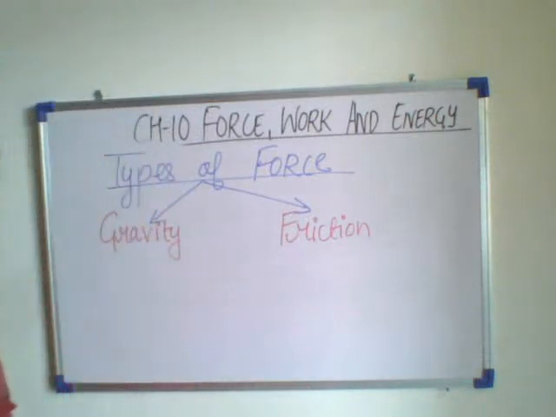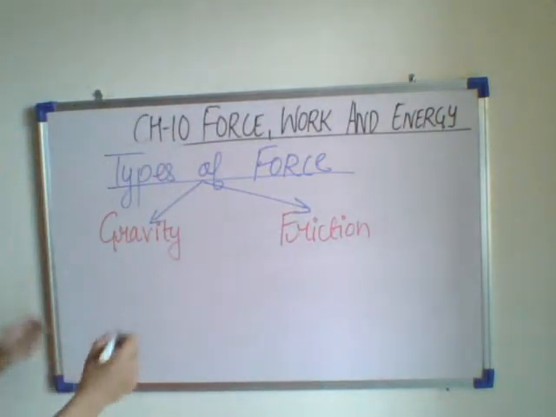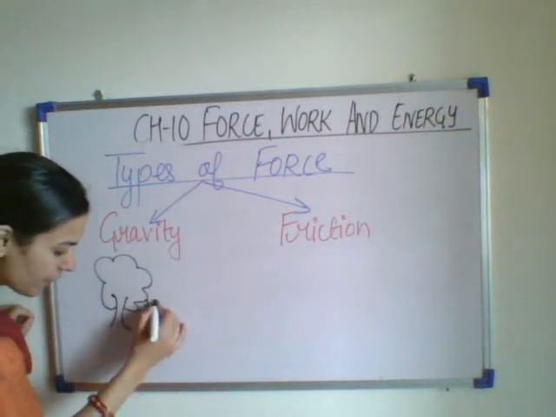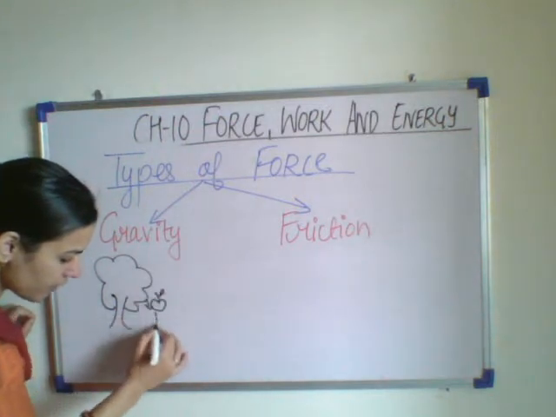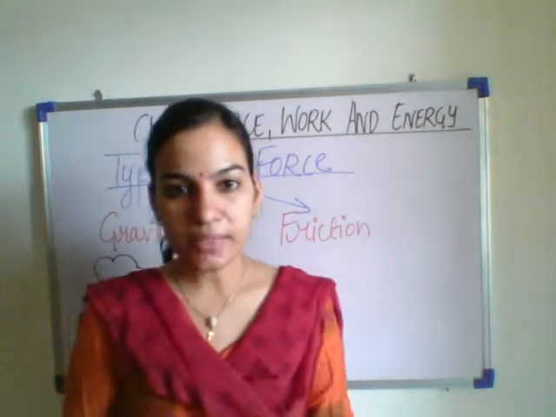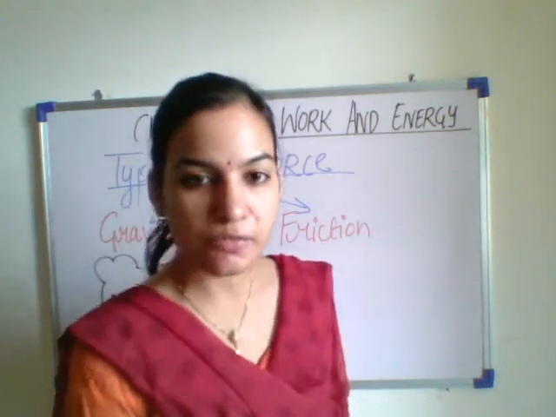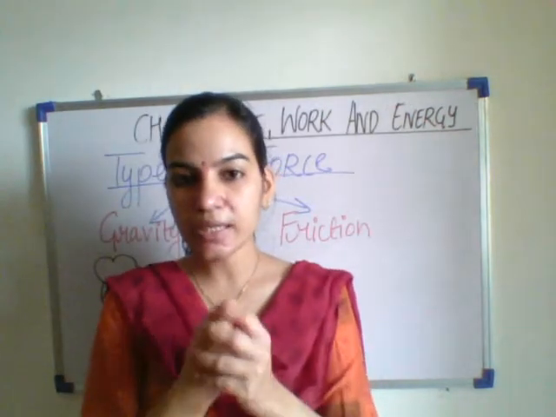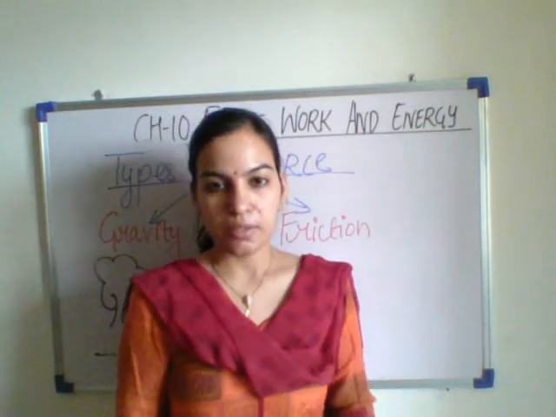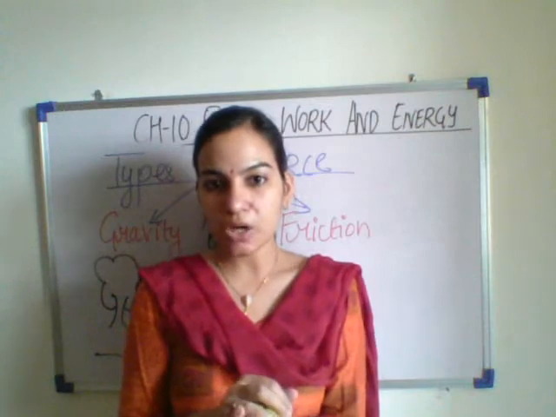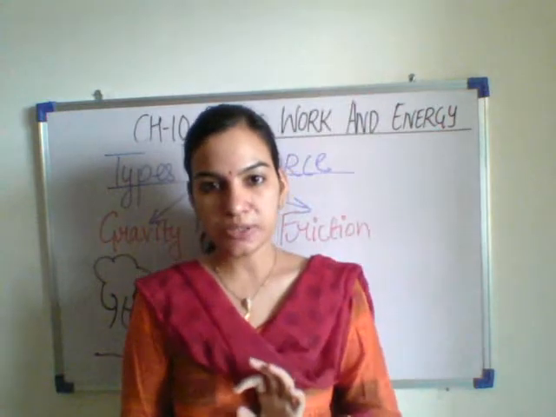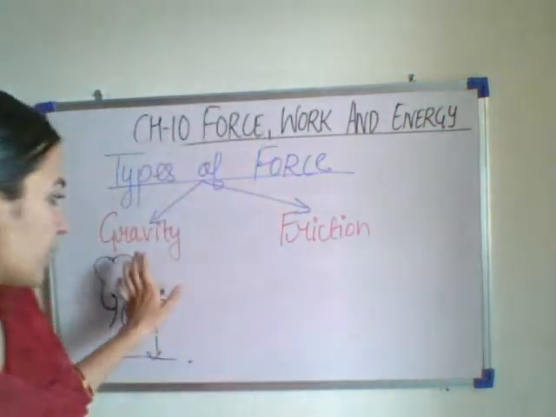Let us take a simple example to understand gravity. This is an apple tree, and what happens if an apple falls from the tree? It will come down. So all things come down. Why? Because there is a force which attracts everything in the downward direction. Similarly, this bowl, how much ever force I applied, it will come down. It is because of the force of gravity. Everything comes in the downward direction because of the force of gravity.